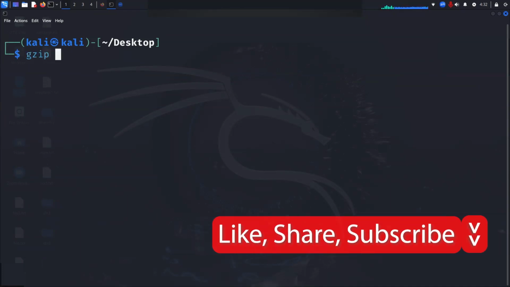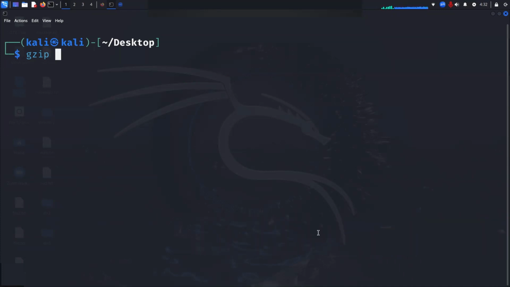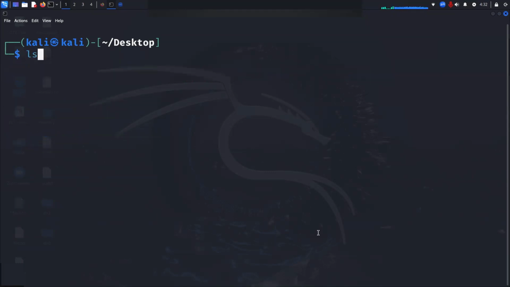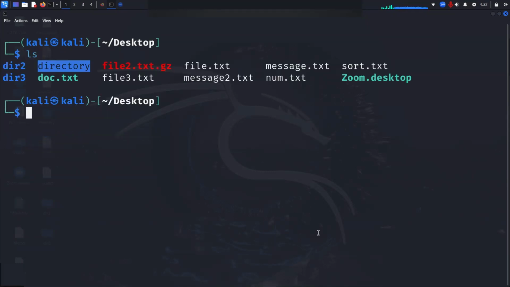Okay, so gzip is a much simpler version of what we just did, where we can create some kind of a zip file, basically compress something. So let's go back here and we have the ls, so we can do gzip and then we'll do file2.txt, and now we have a zipped version of it. So you can see it,